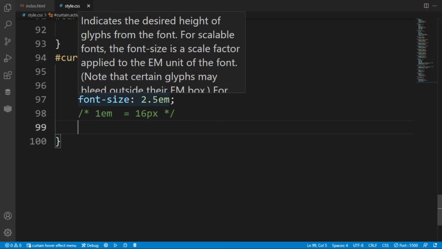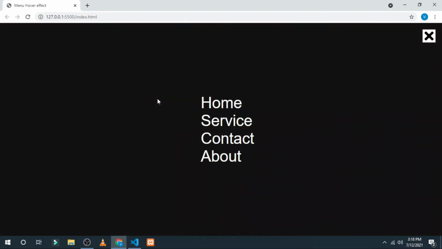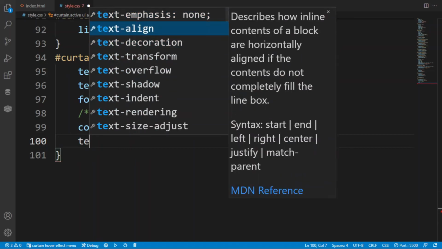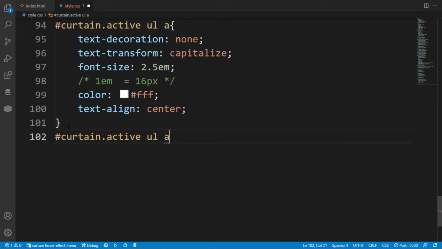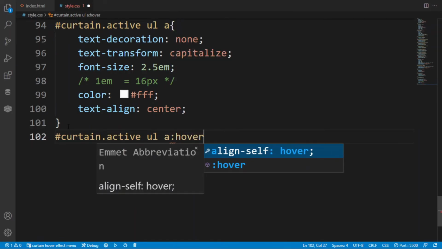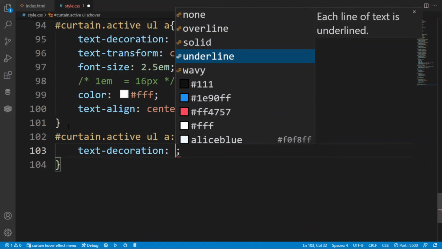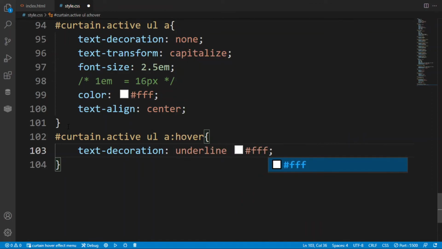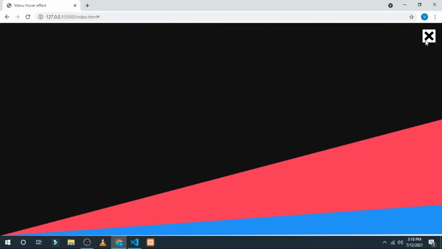So please, when you have studied any new unit in your CSS, apply it so that you will be familiar with it, because there are some points where you use em, which is certainly more advanced than pixels. So I have used the em. So here when I hover this anchor tag, I want the text decoration with underline white. There is a better way to represent this white thing, but this doesn't work, so cut this part. After saving, as you can see, the underline is of white color. Now here is the total transition that we have created till now.